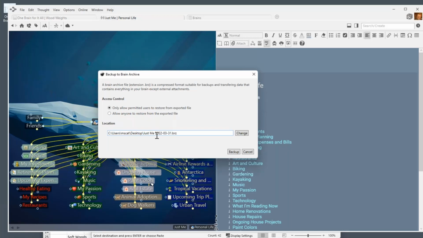But just to be safe, from time to time, if I'm making a lot of massive edits using that control click feature that we saw earlier, I'll make a BRZ, a brain archive, so that if I really botch things up, like I deleted thoughts I didn't want to, or moved things around, I just want to roll back to the brain that I had last week, I can